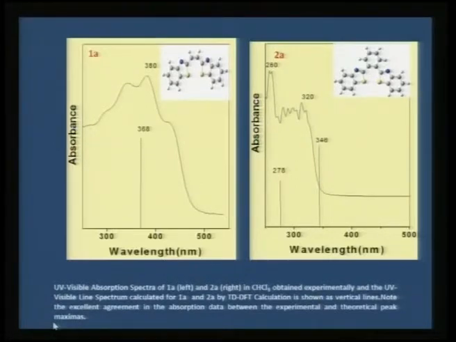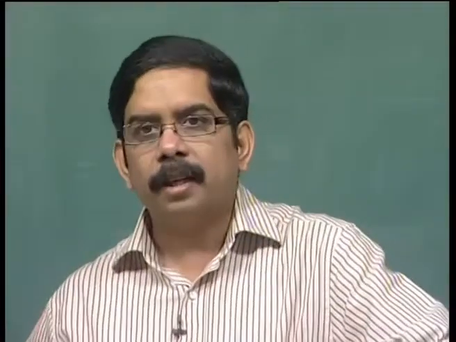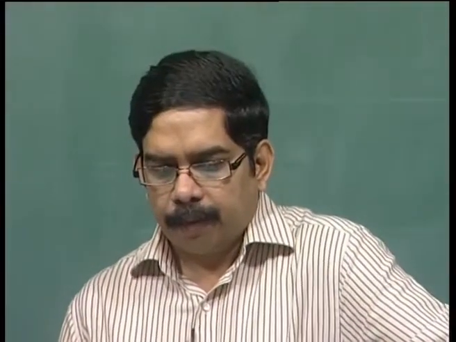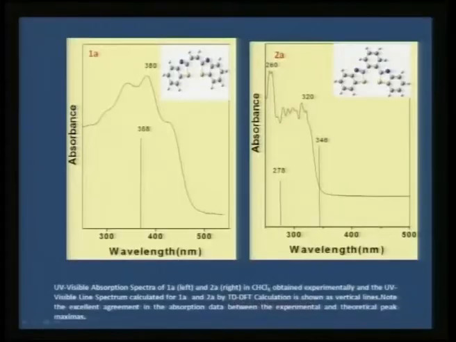If you look at the absorption spectra, you can actually do a density functional calculation, a DFT calculation, and try to generate the UV visible spectra to see whether this is matching with the experimental data. One would find that there is excellent agreement of the theoretical prediction of this UV visible spectra with the experimental value. This is the experimental curve, and what you see here is a one line spectra, and here you see a two line spectra exactly resembling that of the experimental data.